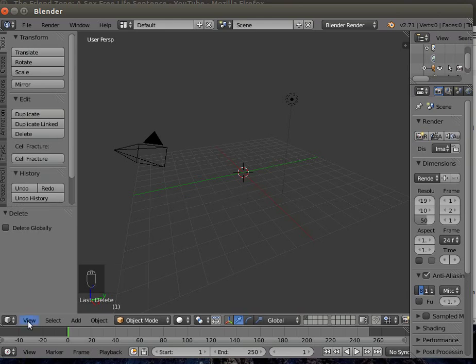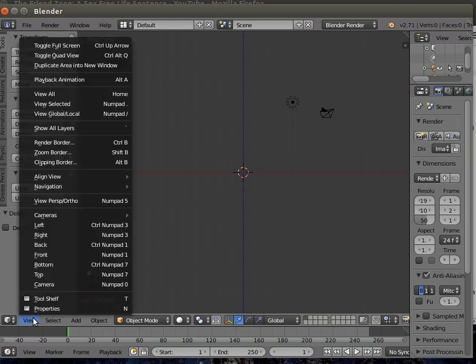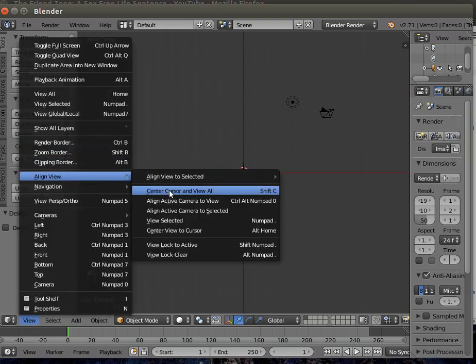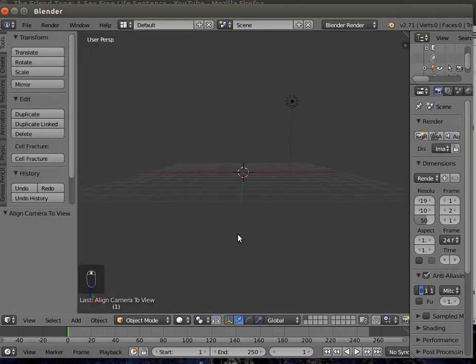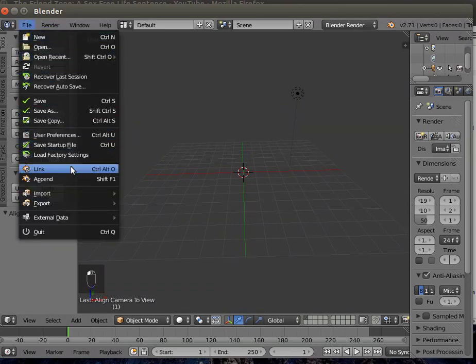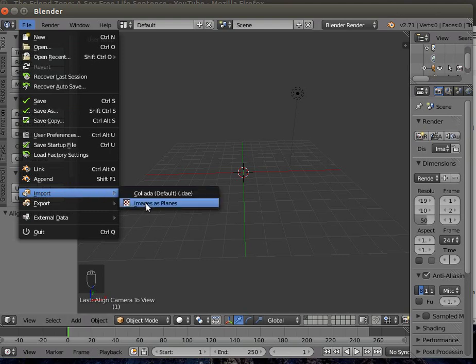and I'm going to view front like so. I'm going to align my camera view with that, like so. So now the camera views the front, and I'm going to import, and I've had a question recently, import images as planes, and the way that you